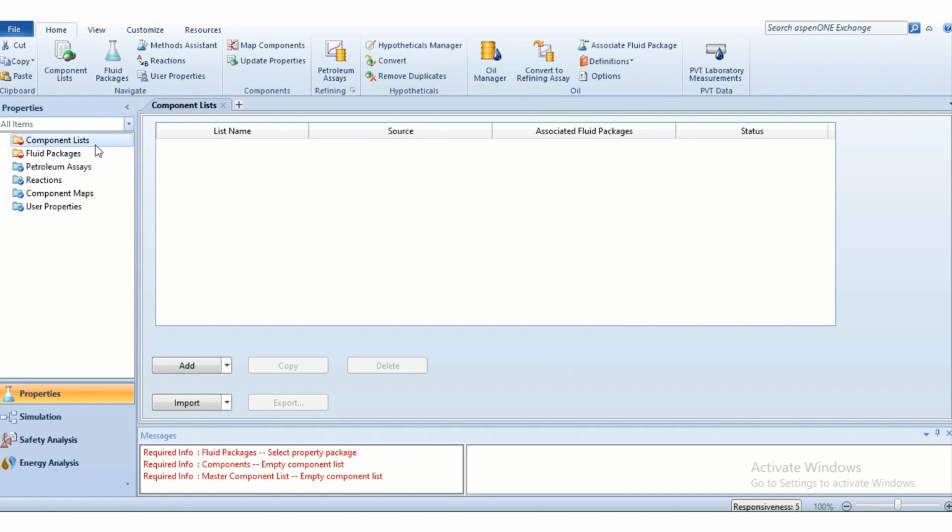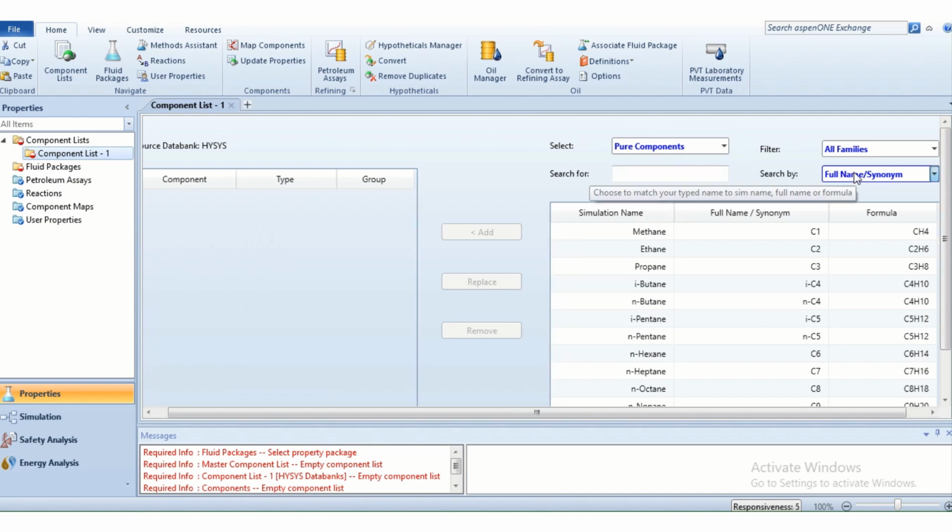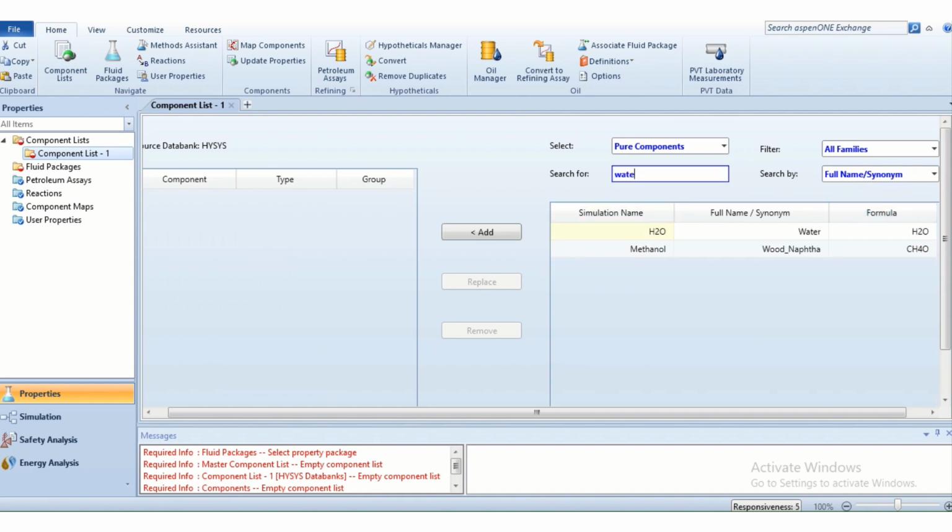First we have to enter a component. For example, we have to pump water from one place to another. So what component do we need? We need water. Just click on Add and you can search for water either by its simulation name, full name or formula. For example, we type the full name of water, which is water, and double click on it.